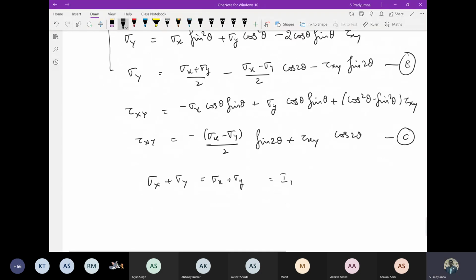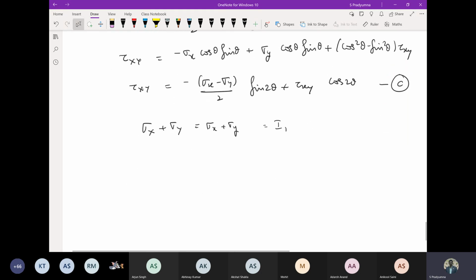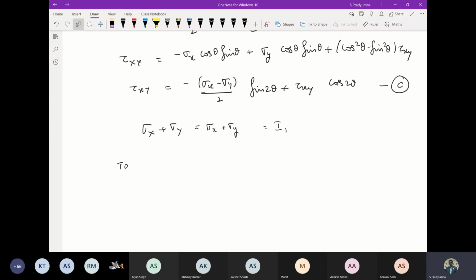Now let us consider sigma x. There is some angle theta involved in this problem. So from this, can I get the extreme values of sigma x, extreme values of tau xy and so on? I can get them by taking the first derivative of sigma x with respect to theta equal to 0. Then I can find which value of theta will give me the extreme values of sigma x, sigma y. Correct? So to get extreme values,